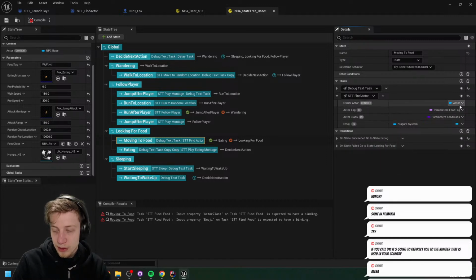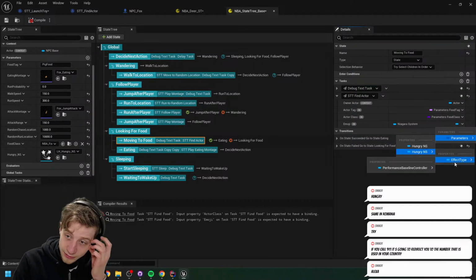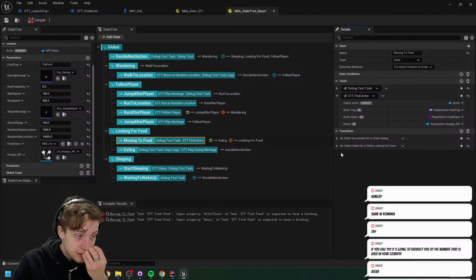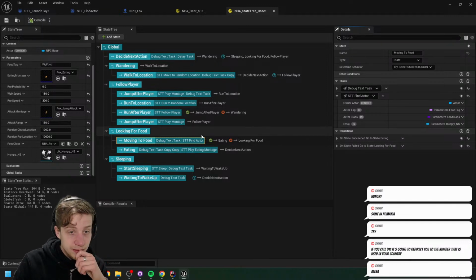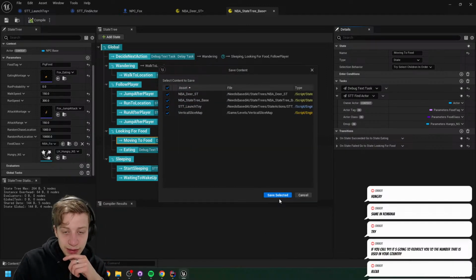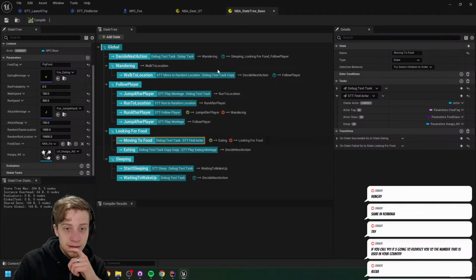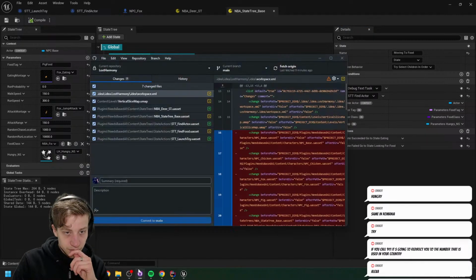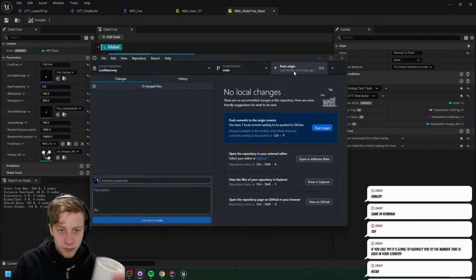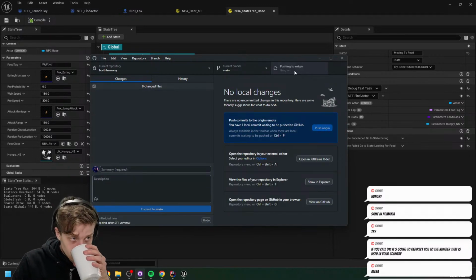I guess if I have it as a class, I don't even need the tag, because if I'm specifying the classes, I don't even need to worry about the tags that much. Well, we shall see. There may be a difference for them. Yeah, I guess in case of static mesh, it is quite different. Okay, let's save it. So let's see our find actor std universal. There we go.